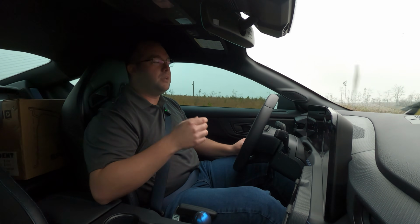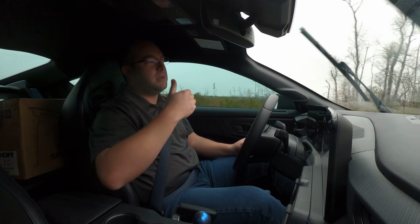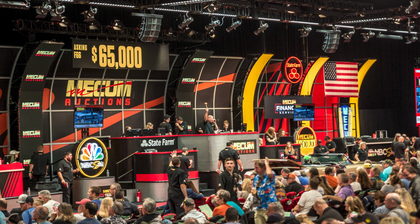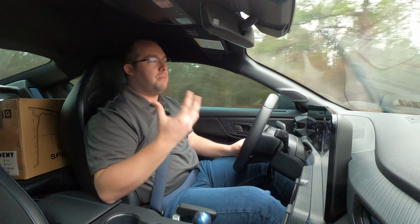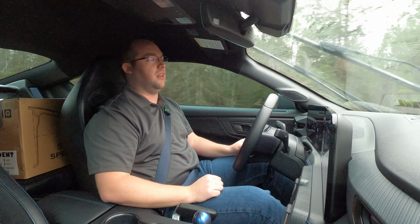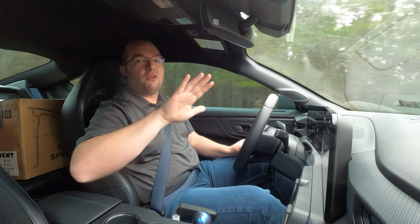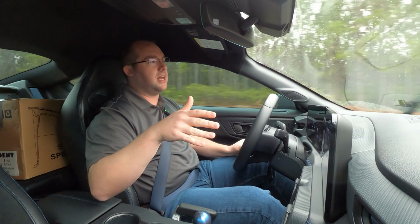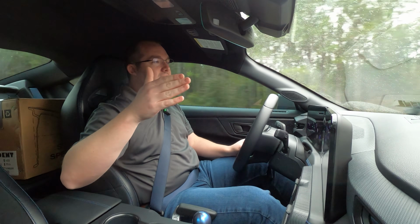I want to put in the little precursor. Obviously, markets do change, pricing trends do change, but for now, we're just going to talk about the best cars you can get at each of those price levels. So we'll start at the bottom and work our way up. Before we dive into the $20,000 level, I want to say anything under